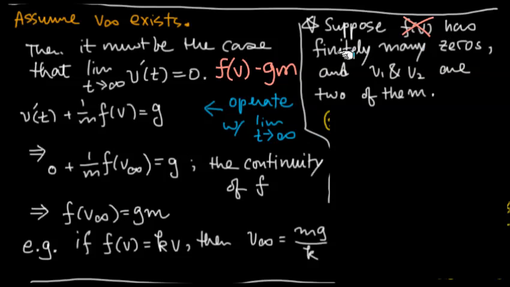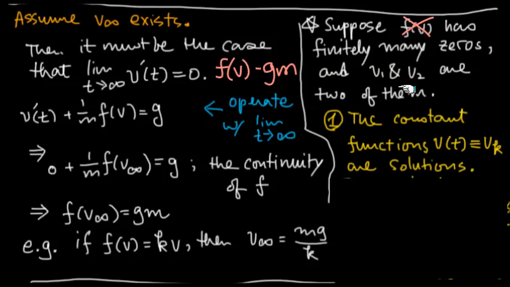We suppose that there are finitely many, and v1 and v2 are two of them right next to each other. So there are no more zeros in between v1 and v2. So the idea is that if we start somewhere in between v1 and v2, we're going to see this limiting velocity phenomenon in between and here. The first thing I want you to notice is that for this v1 and v2, and if you think about a constant function, v(t) being always a constant equal to this v_k, that function is a solution